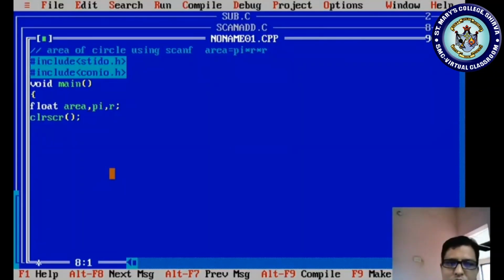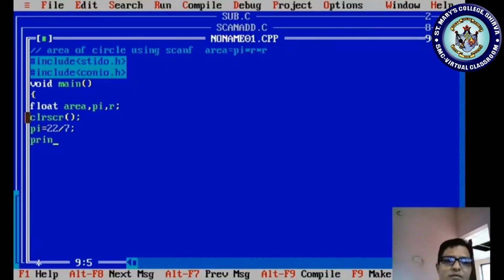Yes, we have to read the value of r only, because pi is always constant. We have to assign that pi value. Now I am assigning pi is equal to 22/7. Is it valid? Yes, because it is a fractional form. Got it?